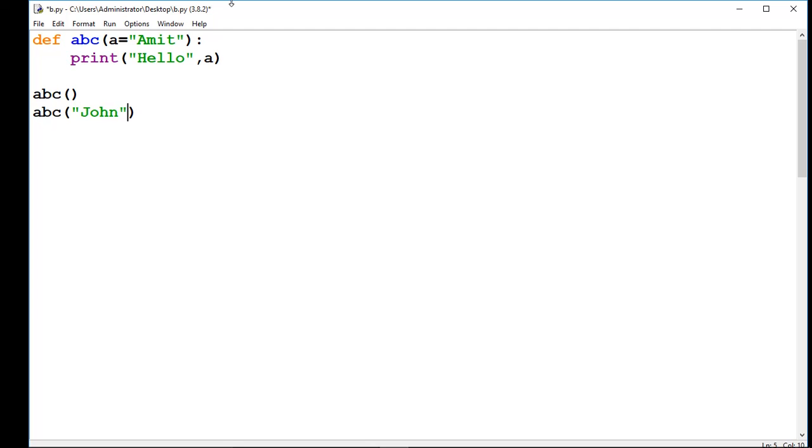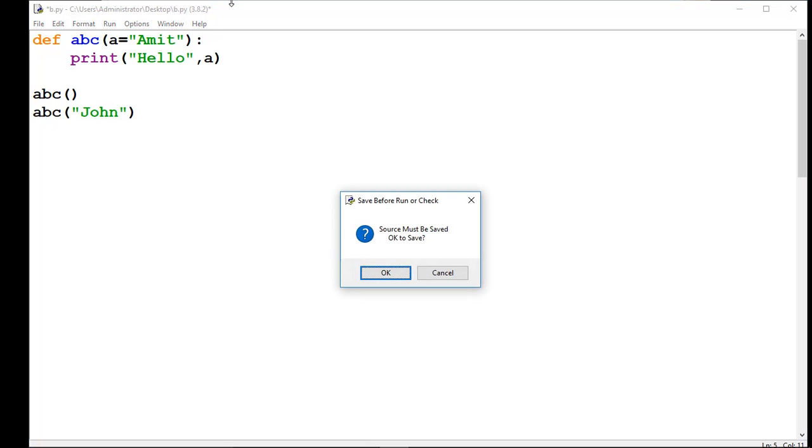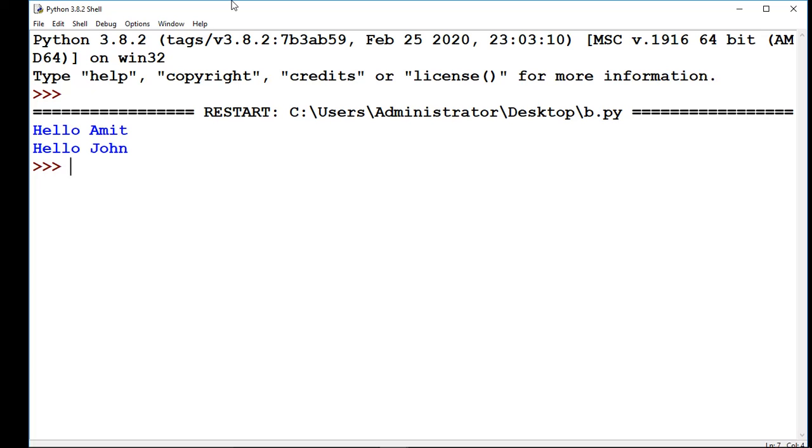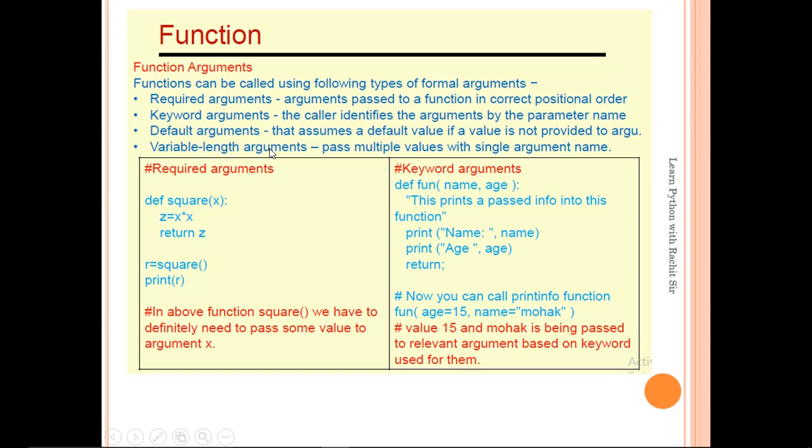And in the case of the second one, the parameter will become John, it will replace the first one. So in this case the answer will come hello John. So we will get two answers, first answer hello Amit and second answer hello John. Now check the answer, hello Amit, hello John.